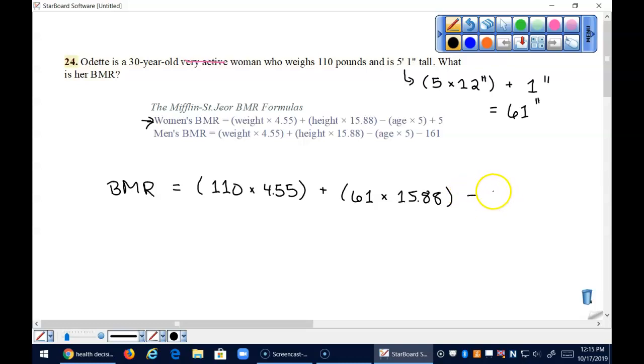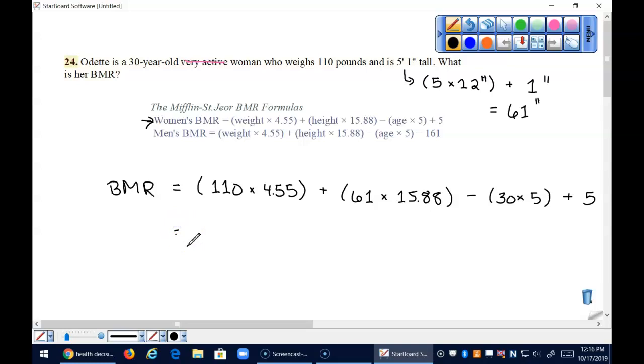Minus 30 times 5, and then plus another 5. Okay. Yeah. So it's plus 5 for a woman and subtract 161 for a man. Yep. Okay. Is the plugging in step okay? Yes. Okay. So then,